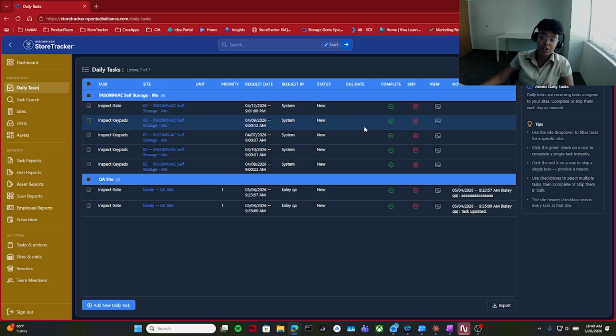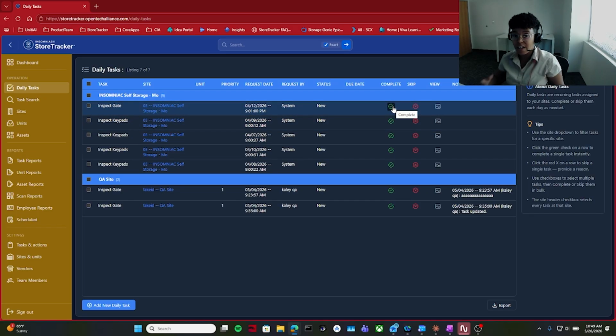And what we've done on this screen is make it easy to simply quick complete or quick skip it for these fast moving teams, because as we know there's so much going on at the property. Let's make it as easy as possible and easiest barrier of entry to just be able to close out reoccurring tasks. So I'm going to go ahead and hit complete,